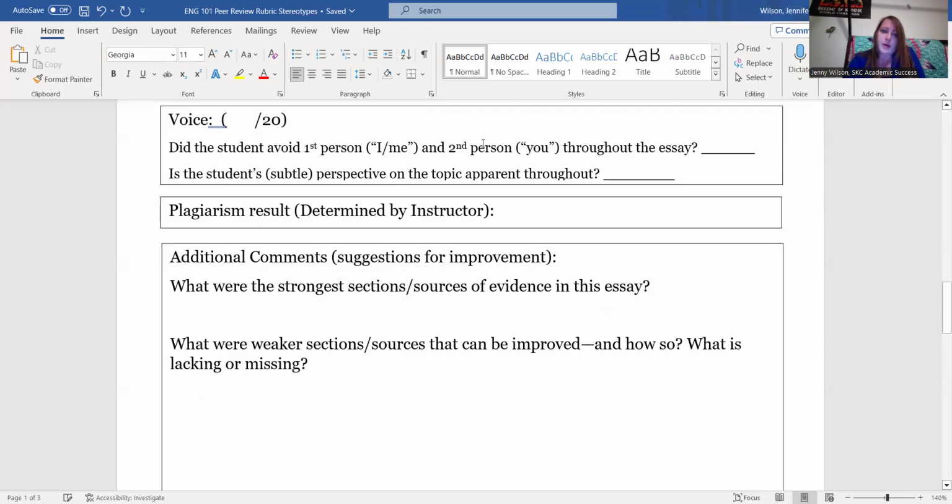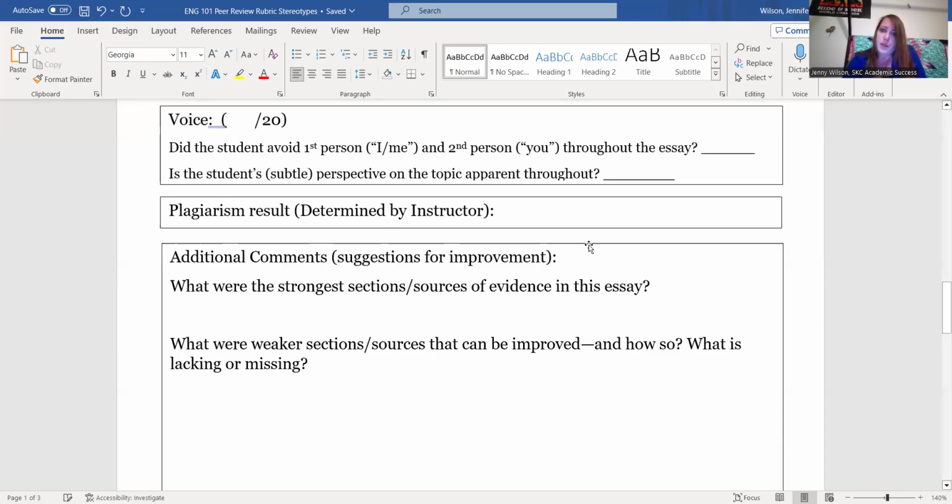Always avoid. So ideally in a research paper, we even want to avoid first person I and me, but we always, always, always, no matter what, want to avoid the word you or your in an essay. So it's better to go with he, she, it, they, third person writing in research papers as you go through college. And then there may be situations where the professor gives you an assignment, and it's okay to share a little bit of your personal story and say the word I or me or we within it.